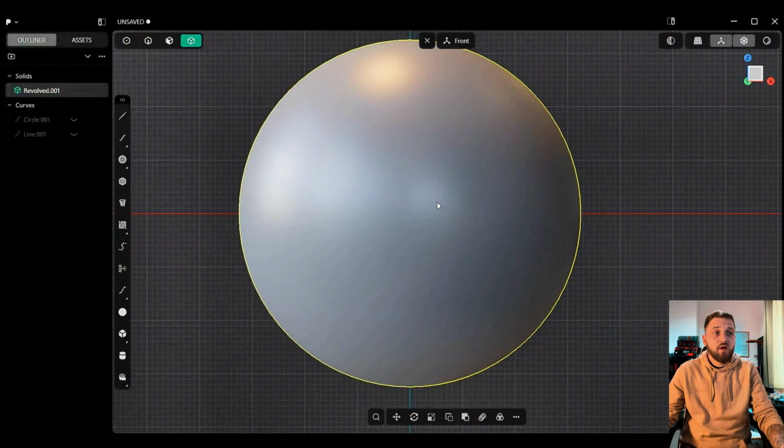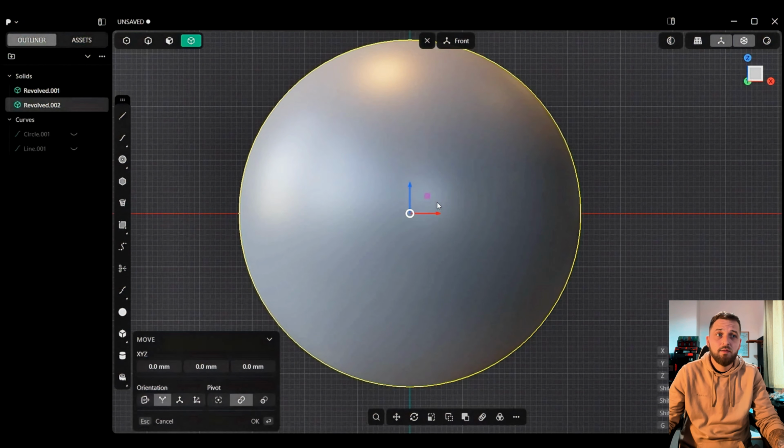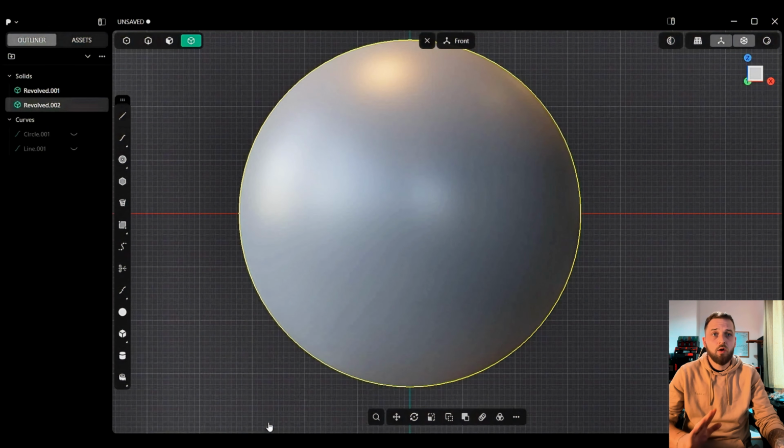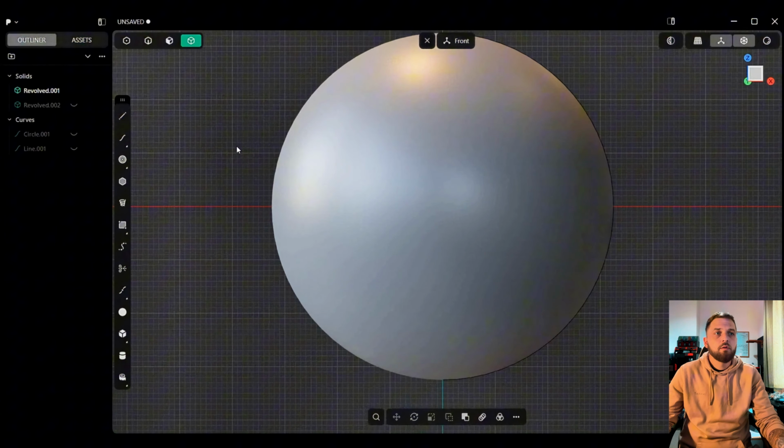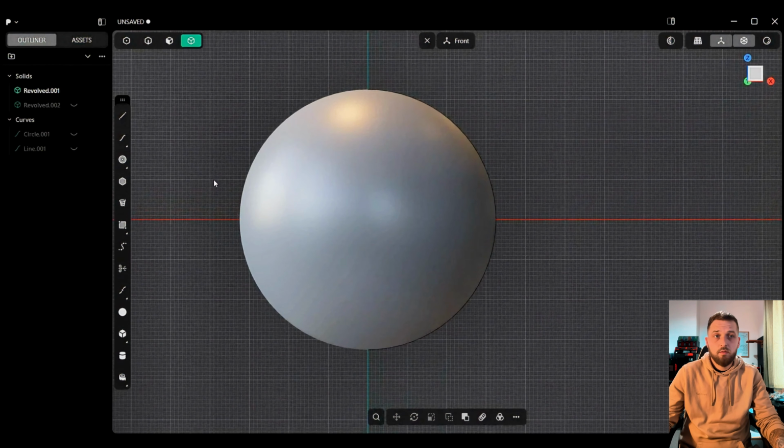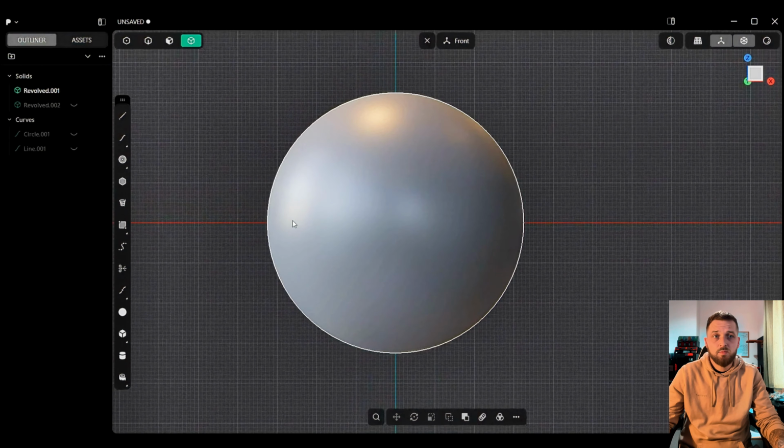And then with that clicked, we're going to copy that, which you can do by holding Shift and D. This will come in handy a little bit later on. So you click OK, and you want to hide that one. With the original sphere now visible,